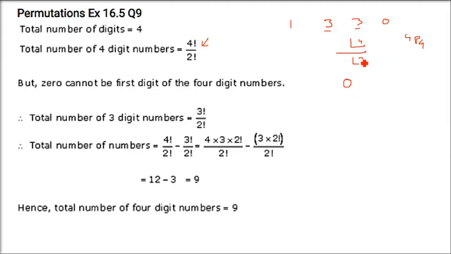So let us fix that 0 first. These are all the numbers, whether it is 0 in the front or not. So we have to fix 0 here, and there are 3 positions now: 1, 3, 3. 3 positions, 3 elements, so it will be 3P3. But here 3 is repeated, so you have to divide it by factorial 2. Now you have all the possibilities, and this is the possibilities with 0 at the front. We have to subtract them. You will get the total number of 4 digit numbers: 12 minus 3, that is 9 will come.